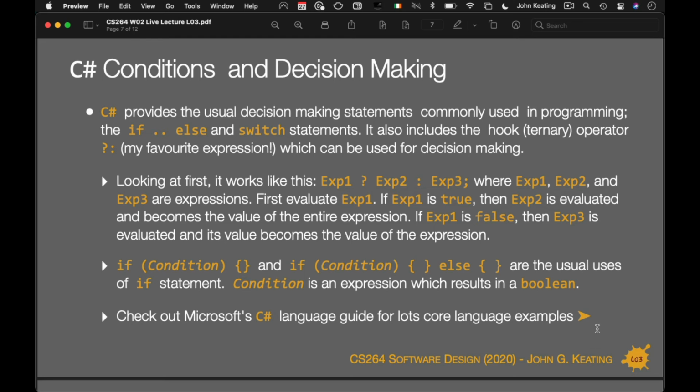Okay, so C# provides the usual decision-making statements used in programming. You have if, else, and switch statements. It also includes a hook operator. That's my favorite expression ever. Okay, and it can be used for decision-making. I love the hook operator because it evaluates, makes a decision, and returns a value. It's an expression, you know, and